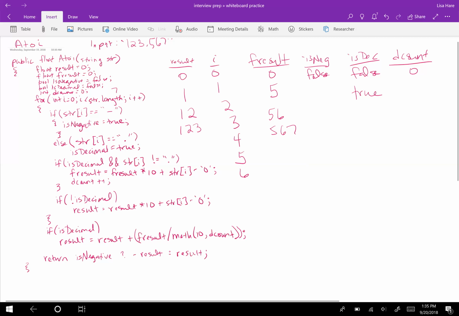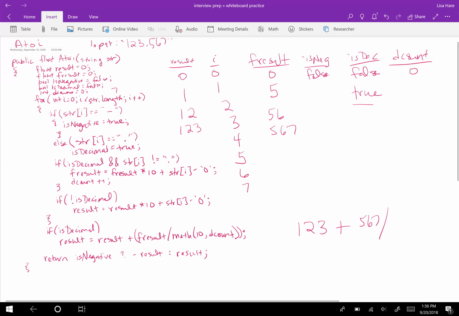We don't meet the other condition, so I++, I is 7, 7 is not less than 7, so we're out of our for loop. Then we go to this if statement, if is decimal, and is decimal is true. So result equals result, which is 123, plus F result, which is 567,